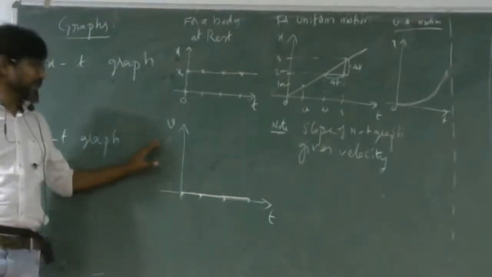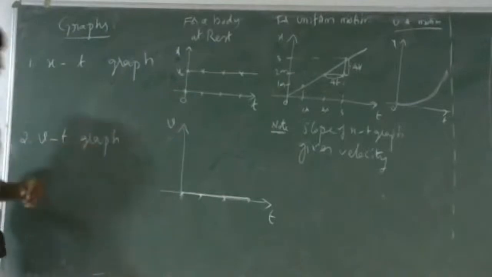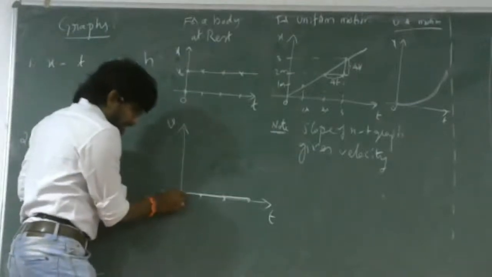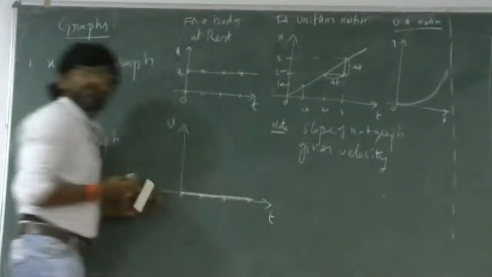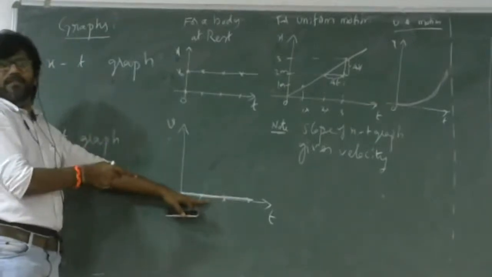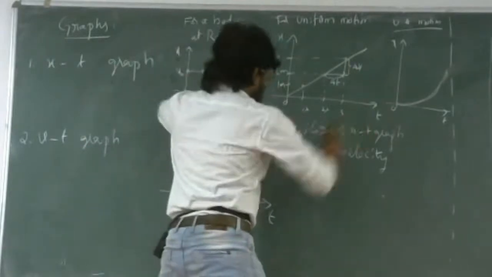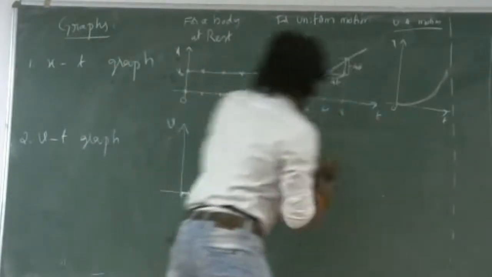So the velocity time graph for a body at rest is a straight line. You can say parallel to the time axis, but it is lying on the time axis. Whereas,